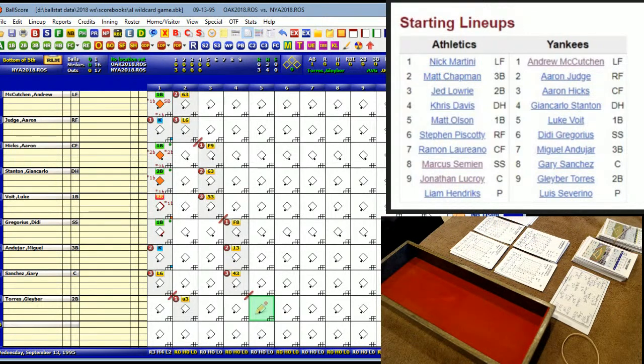Gleyber Torres is up. I got caught up looking around at the Replay Baseball website. I'm going to get the game. All right, good thing. Make sure you get the computer version. It is awesome. Says Severino, says